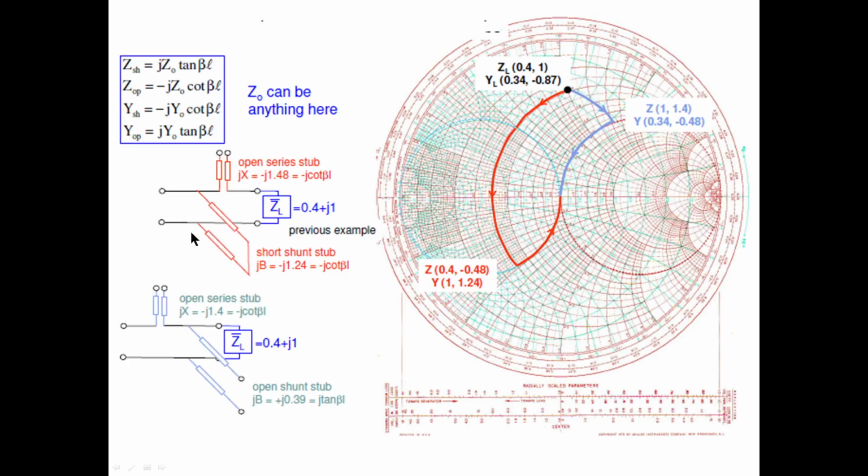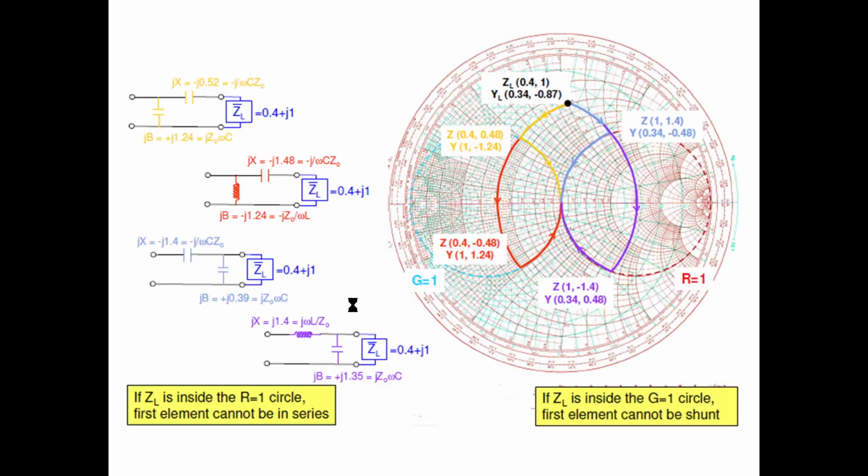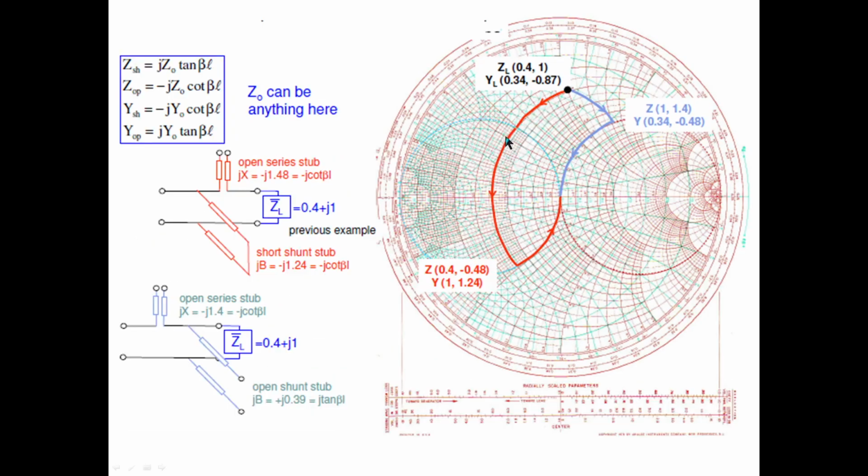Okay, only we have to find out the length of these stubs. Your normalized reactance need not be calculated, because we are already getting that from here. From the Smith chart, we are automatically getting the normalized X value and the normalized B value. Remember, to implement the inductor and capacitor, we find the normalized reactance and normalized susceptance.